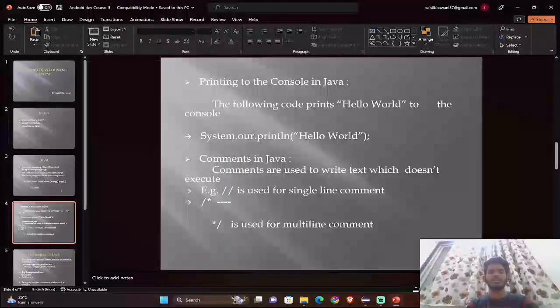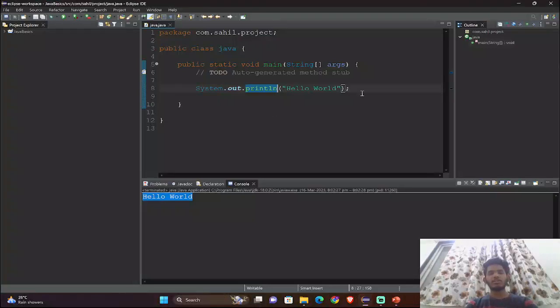So what are comments in Java? Comments are used to write text which does not execute. When we are running our code, the compiler understands that it has to execute this line. But if we want to write some comments, the above line is for printing. But how will the compiler know it is a comment? We have to give a double slash. Now the compiler will not run this. I will execute this, and it is giving the same output. The compiler ignores this line as it is a comment. So it is a single line comment. If you want to use two or three lines or multiple lines of comment,